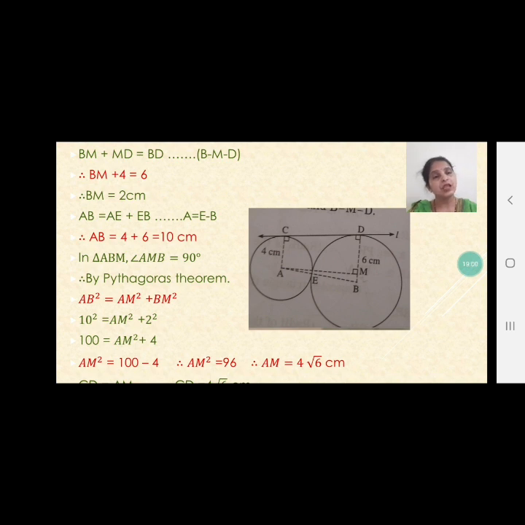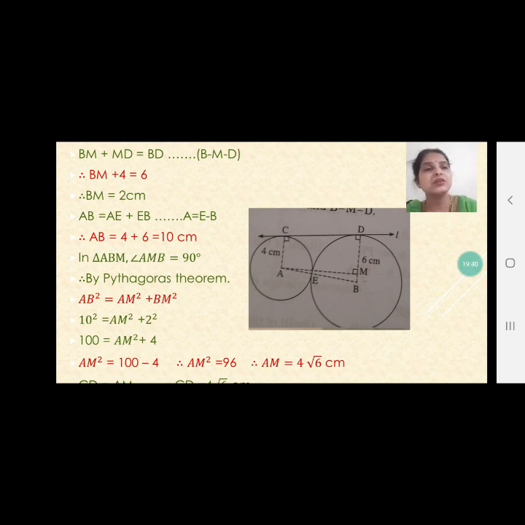Right? Now from this we are going to calculate AM, with the help of the triangle formed over here, that is MBA, in which AB is what we have to calculate. So AE is 4 and EB is 6. So AB is 10. It is the hypotenuse. AM we have to find out and MB is given to us. So what are we going to apply over here? We are going to apply the Pythagoras theorem.